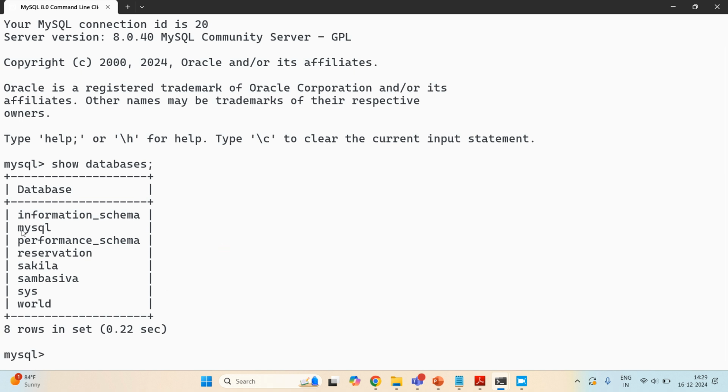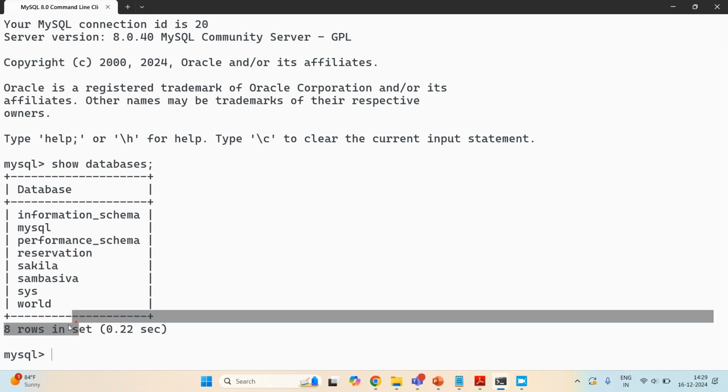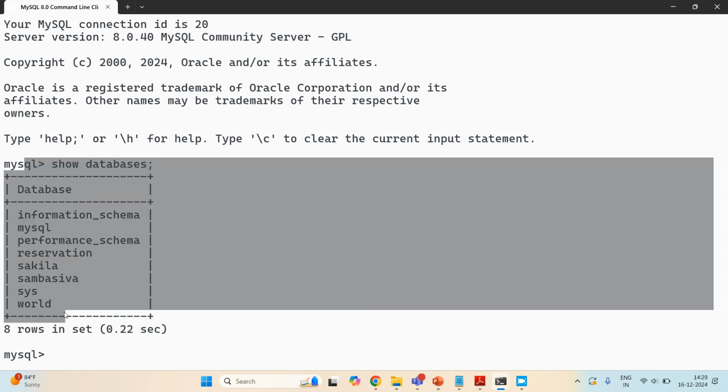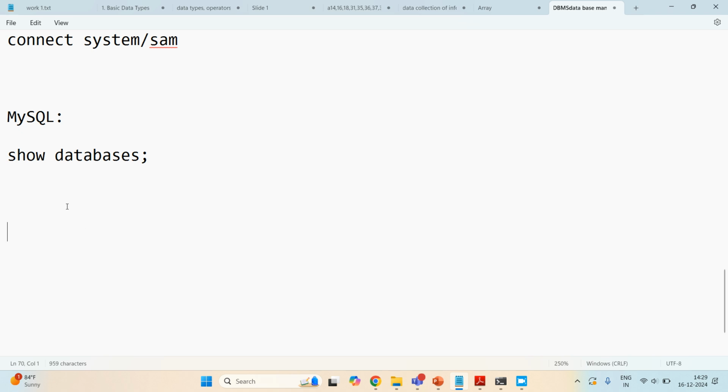The default databases may be information schema, MySQL, performance schema, reservations, or maybe Sakila. So like that we have. Here I'm going to create my own database. These are the existing databases. Suppose you are going to create your own database,